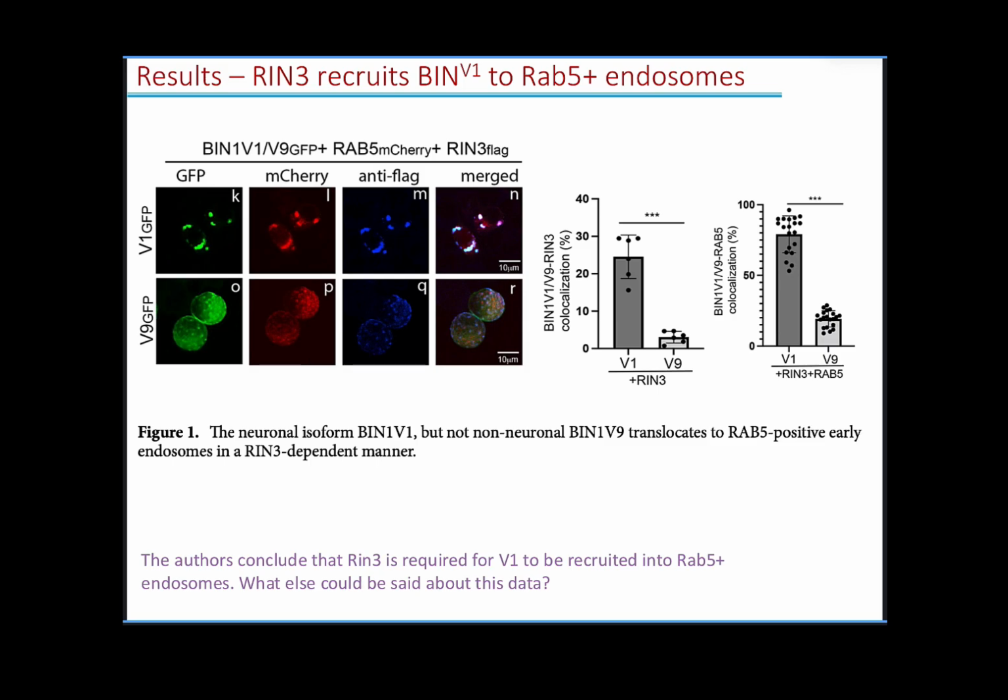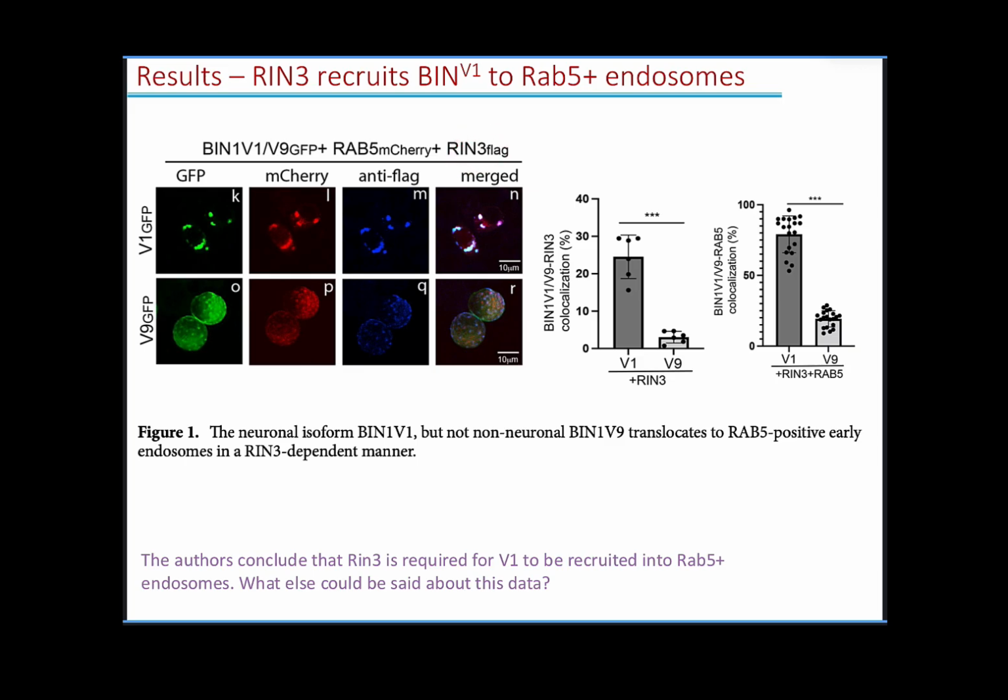are, respectively. In these cells, they also expressed a RAP5 that is tagged with another kind of fluorescent protein called M-cherry. And it's called cherry because this thing will fluoresce red. So in this case, whenever they're looking at M-cherry fluorescence, what they're looking at is RAP5, where RAP5 is. And finally, they